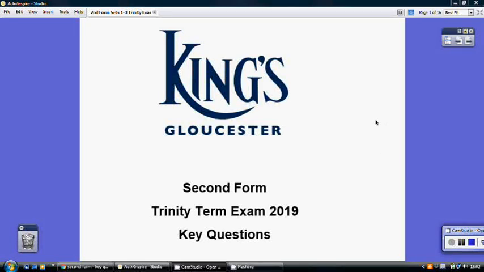So the second form sets 1 to 3 all took the same Trinity exam, which was one non-calculator and one calculator paper. Now what I've done here, I've picked out from both papers what I consider to be the key questions. So these are mainly the numerical and algebraic questions, and I've combined them all into this one paper that I'm recommending that the second form do over the summer holidays, just to consolidate their key skills and